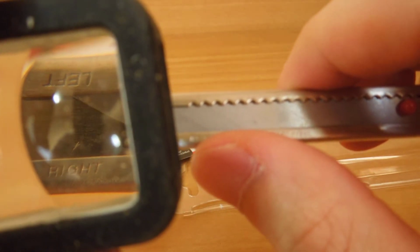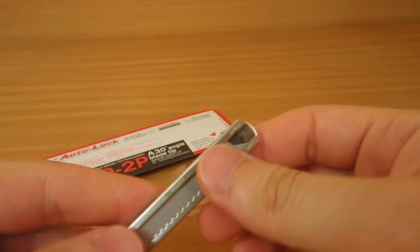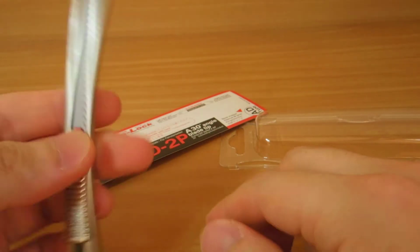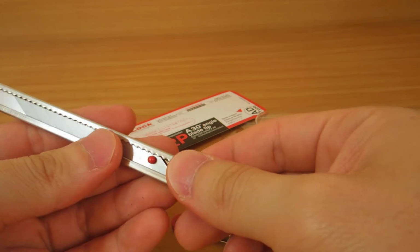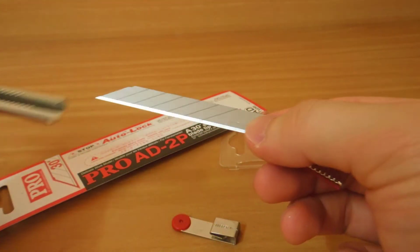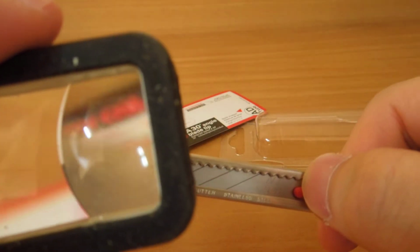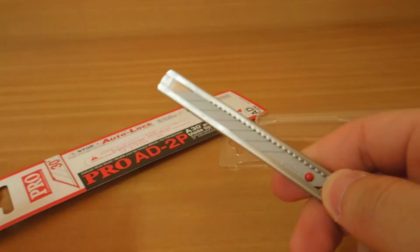See, there's a left and right at the end, which means that this is for both hands. Right now it's set up as left-handed, because I'm left-handed. But if you want to use it as a right-handed one, you can just take off the clip and push the switch or handle, and then you can reverse the blade and put this back on like this, and then you just put the clip back on. Now it's a right-handed one. Yep, like that. So it's very easy